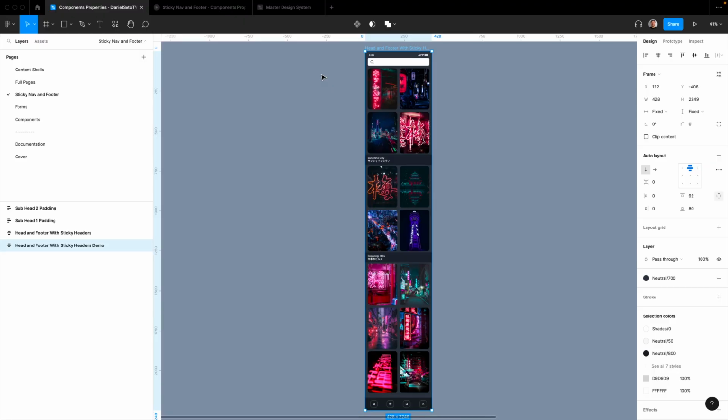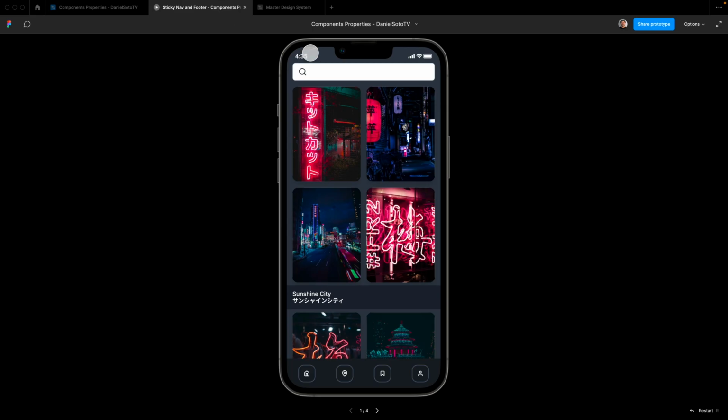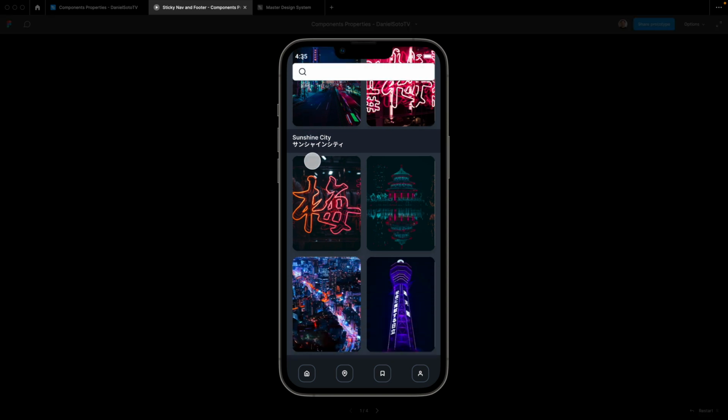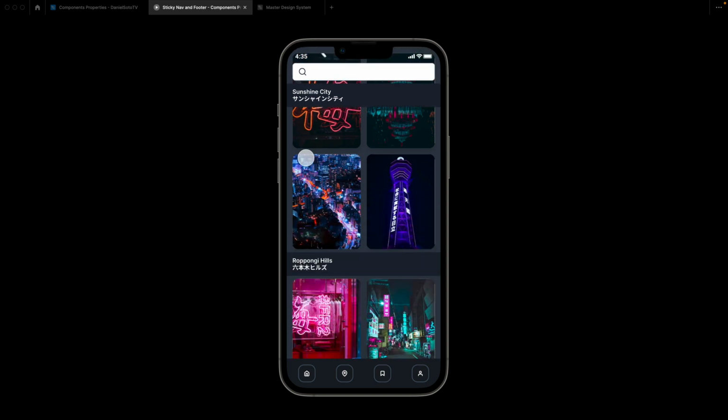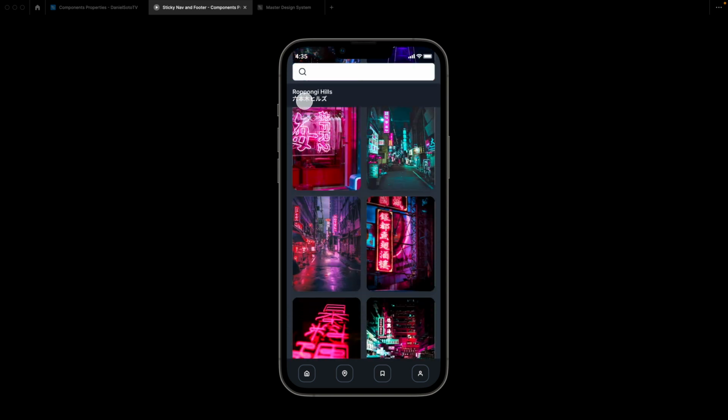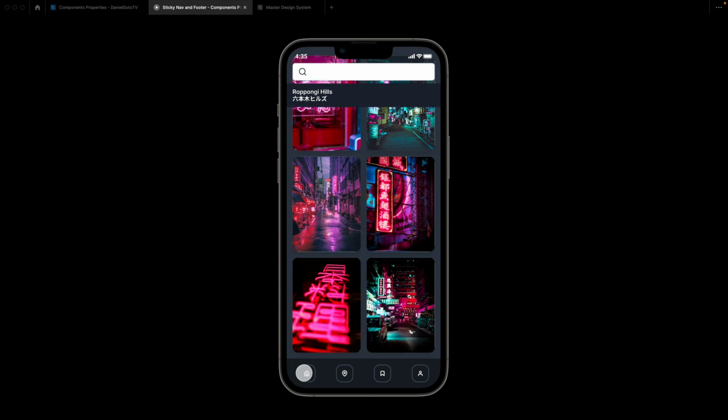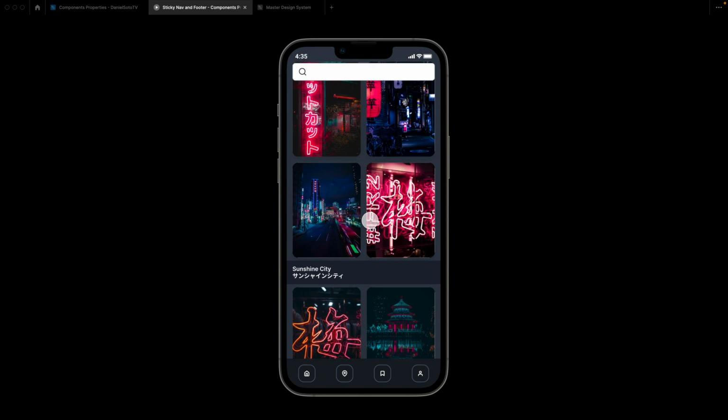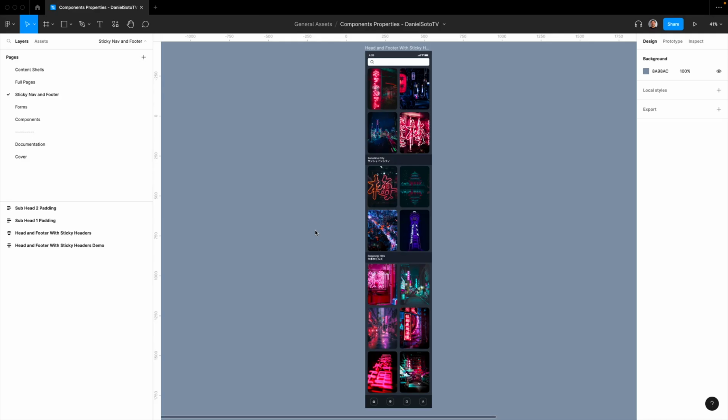So today we'll be creating this. It's got a sticky header, and look at this guy stick. And this guy will cover that and he'll stick, and the footer is also stuck too. So sticky on sticky on sticky. Let's get into it. The one thing that I wanted to call out for you before we get going is